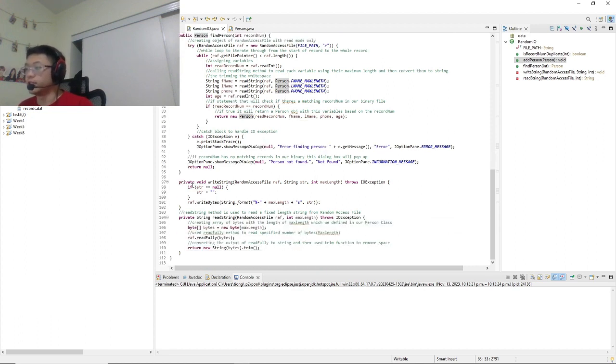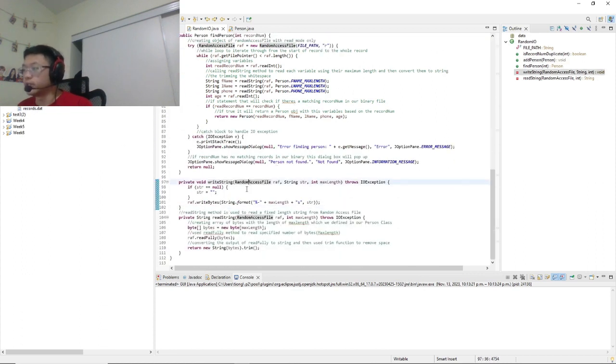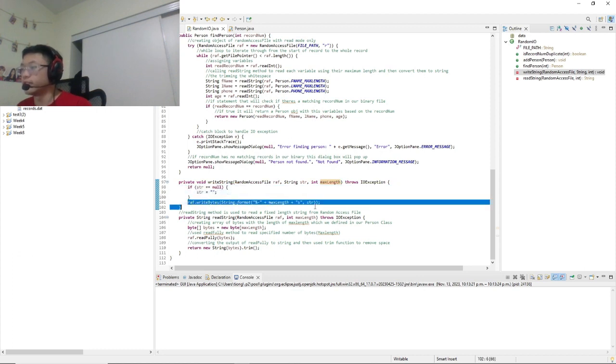And so for the write string method, we created another write string method for writing the string into the DAT file, which, as I have already said, the ref, string and max length are the parameters, and we first check if the string is null or not. If the string is null, then we create an empty string, which means nothing is entered. And then if everything is alright, then we use the write bytes method associated with the random access file,